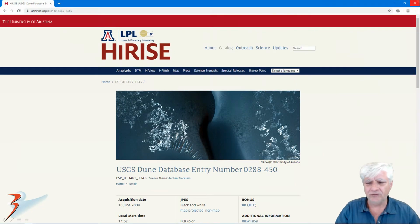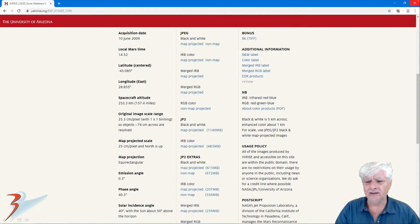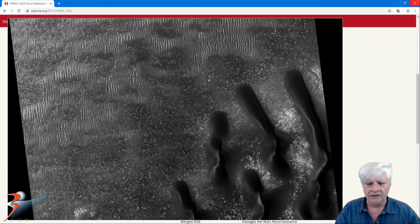This is the HiRISE photograph we're taking a look at. USGS Dune database entry 0288/450, and I'll include the link to this page below. Acquired on the 10th of June 2009, and we're going to be looking at the image scale of 25.3 centimeters per pixel. I'm showing you images cropped from the JP2 black and white map projected file. This is a crop from the black and white low-res JPEG, and we'll be checking out the anomalies throughout this